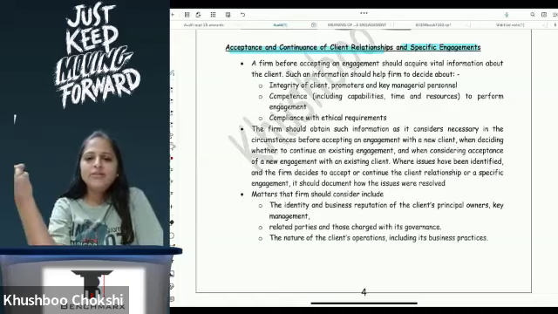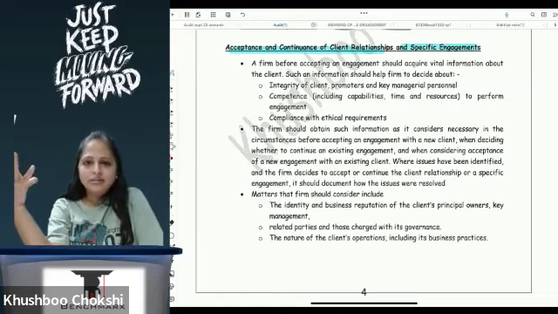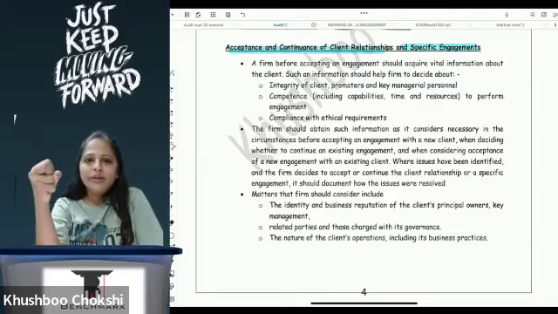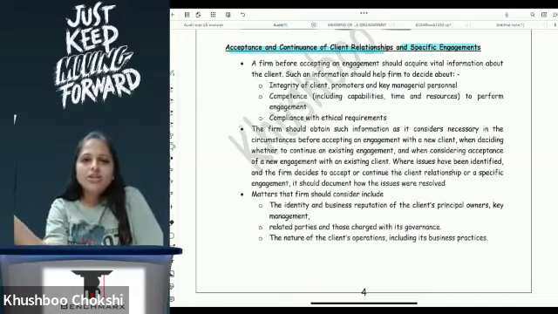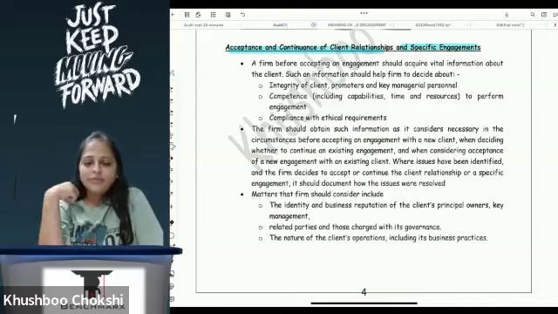If it is something where they have done something violating the legal scenario and that is why there is a litigation going on with them, or they are hoarding a lot of black money and that is why the litigation is going on, or they are collecting fake bills which is why there is a litigation going on. So what kind of litigation is going on is something that I have to see before I am accepting. What is the kind of client, whether there is a comfort with the client or not.